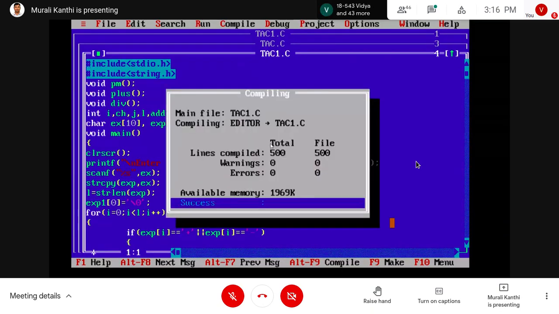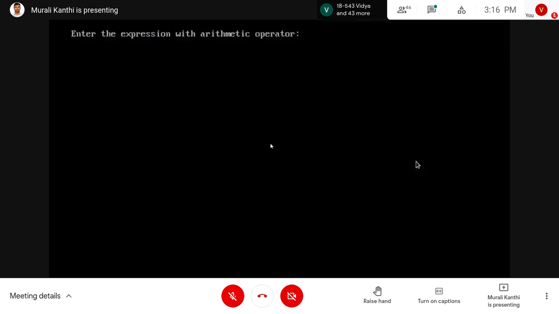So no errors. Enter the expression with arithmetic operators only. So A plus B into C. This is the expression input given to the intermediate code generator. Now it has to produce a 3 address code for this expression.